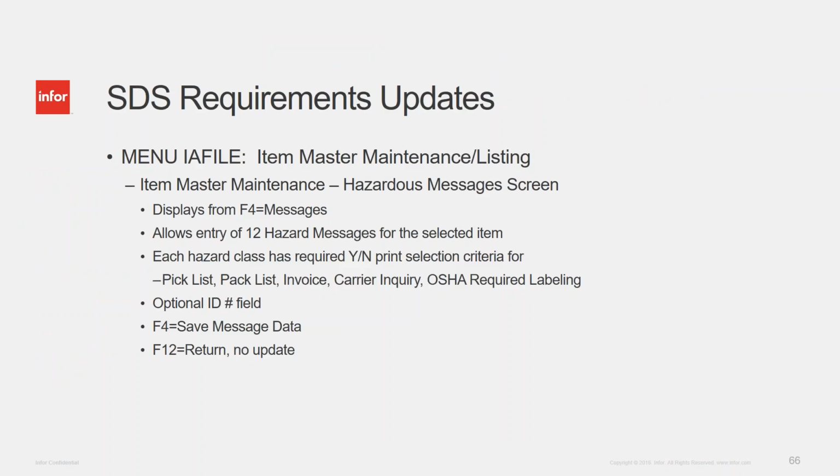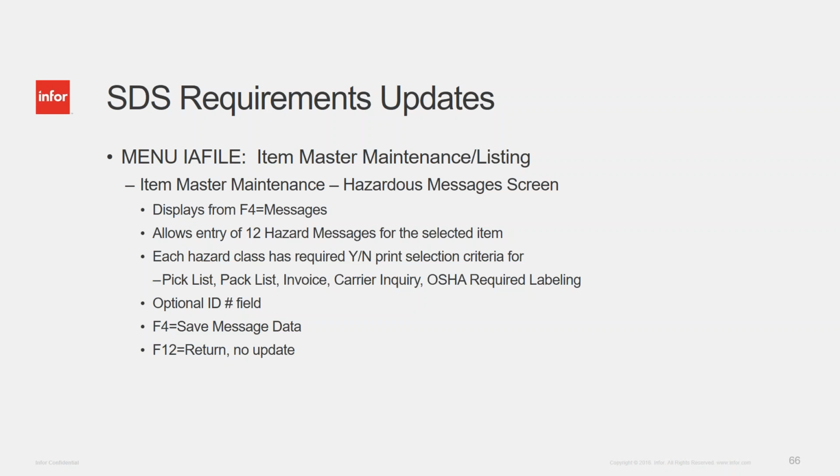Hazard messages screen is next. This one displays from the F4 messages key. It allows entry of 12 hazard messages for the selected item. Each hazard class has the same required yes-no print selection for pick, pack, invoice, carrier inquiry, and OSHA required labeling. Optional ID field in the F4 save message data or F12